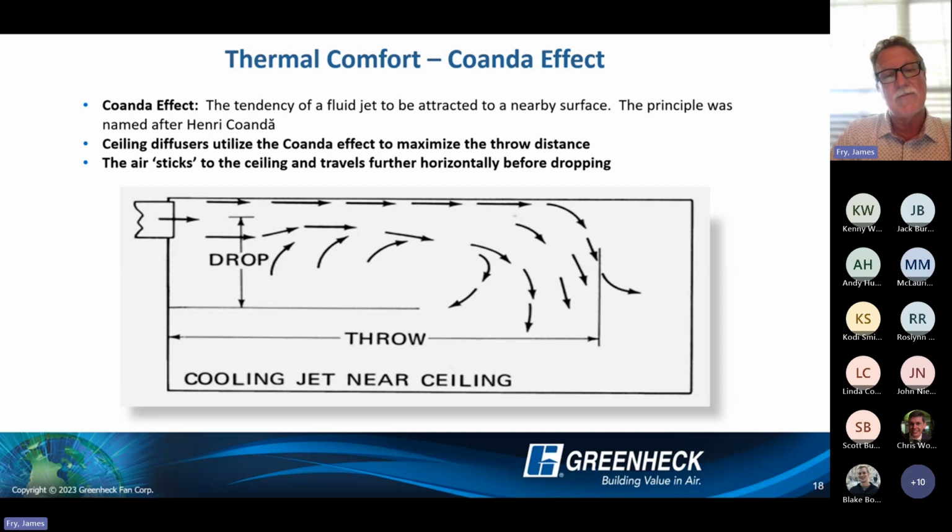As in this diagram, you have a high sidewall supply register supplying air to the room right next to the ceiling level. That air will attach itself and stick to the ceiling and travel along it before it entrains into the occupied space. Typically, we consider that to be about 30% added throw. Our performance data, as we show on the chart, takes the Coanda effect into account. If you had a ducted or non-ducted application with no ceiling or wall, you would have to take a deficit of